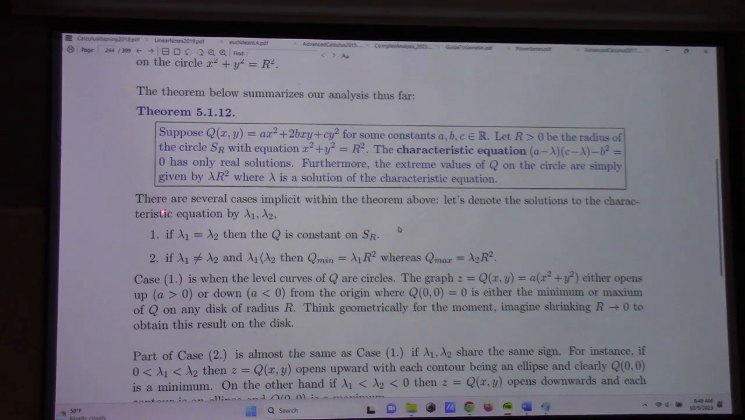So there are different choices, right? If lambda 1 is equal to lambda 2, it turns out that the quadratic form is constant on the circle. If lambda 1 is not equal to lambda 2, and that's supposed to be a less than, something happened in my, it's a long story, that's a less than. So if lambda 1 is not equal to lambda 2 and lambda 1 is less than lambda 2, the minimum is given by lambda 1 r squared and the maximum is given by lambda 2 r squared. So there are two different lambdas. The small one times r squared is the minimum. The big one times r squared is the maximum. And